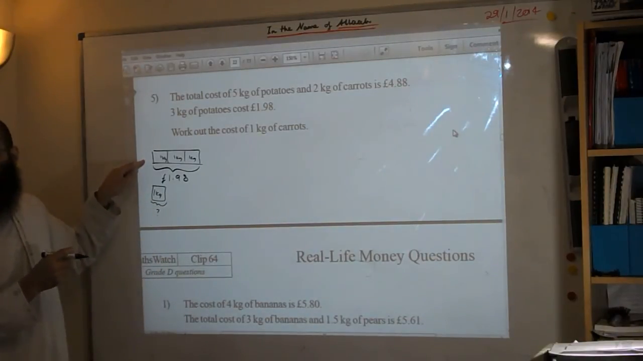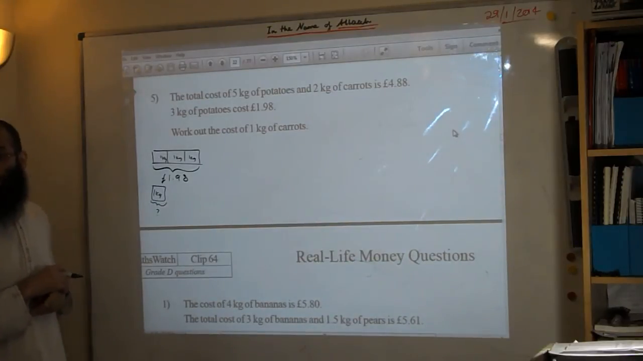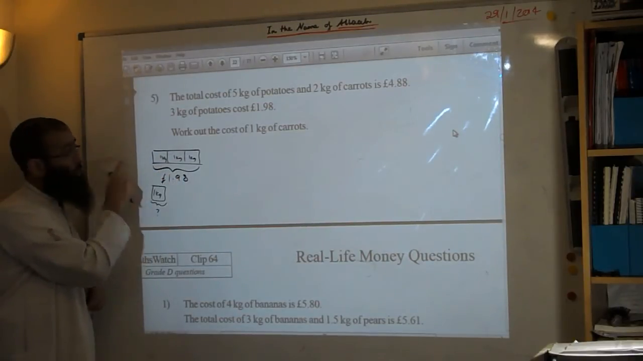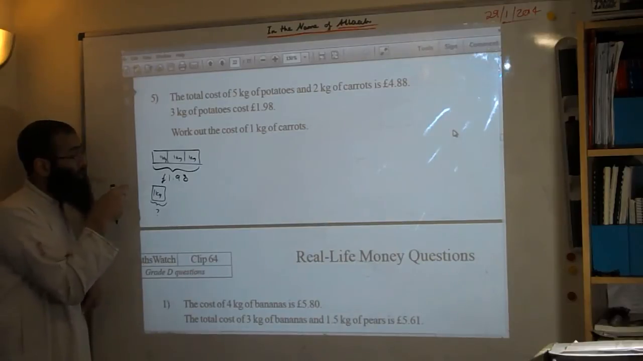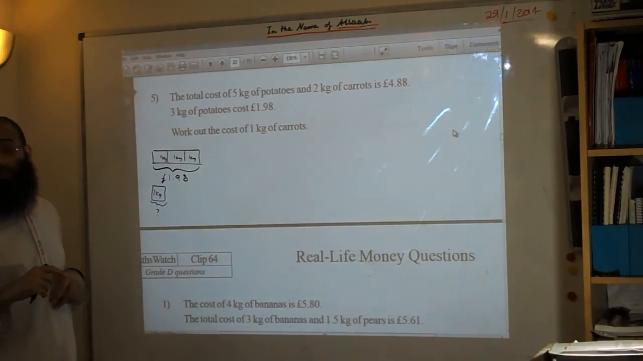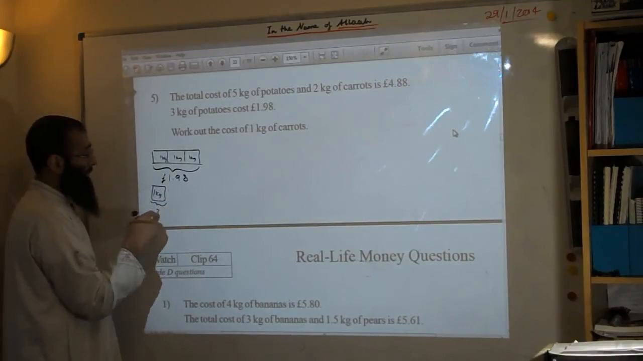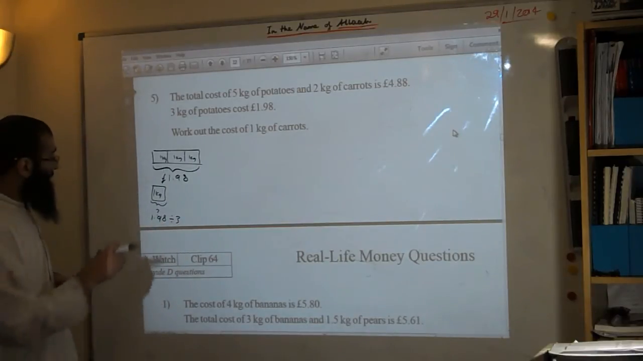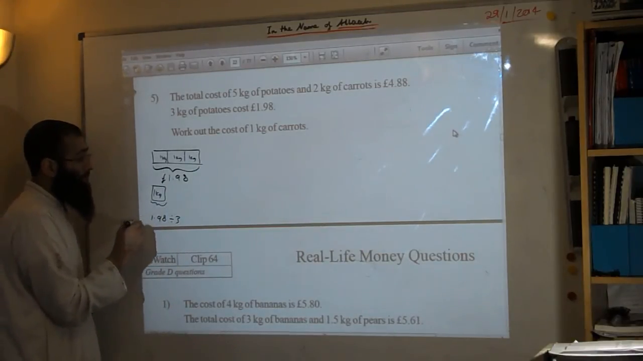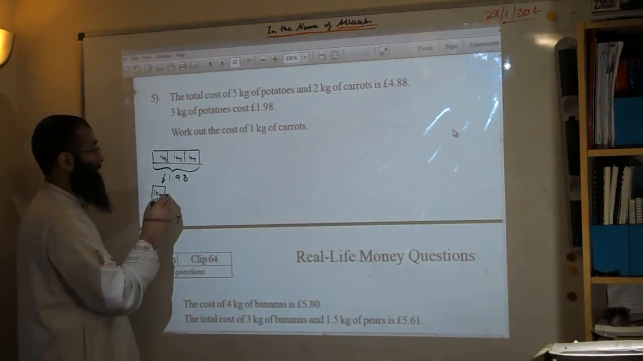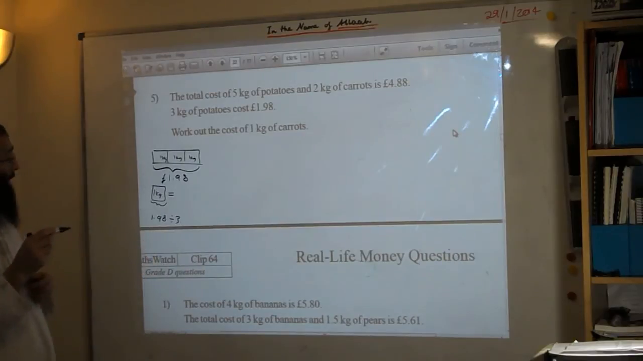What would be the cost of 1 kilo? How do you get from this information, this picture here, to that one? Okay, so this kilo and this kilo and this kilo cost that much, all 3 of them, but I only want to know the cost of one of them. So we divide by 3. So that will be £1.98 divided by 3. Do you need a calculator? And that will give us an answer of